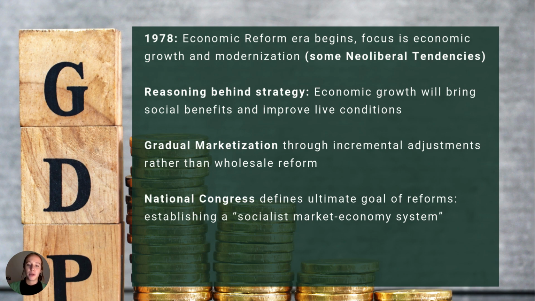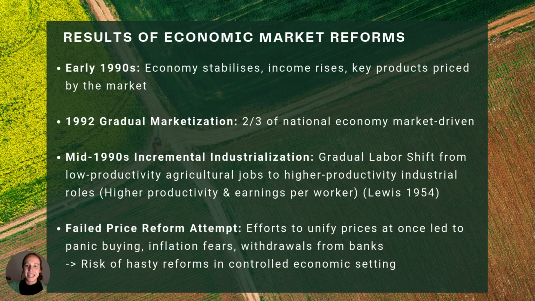Gradual adjustments were prioritized over abrupt changes to ensure stability. By the early 1990s, two-thirds of China's economy was market-driven, income rose, and labor shifted from agricultural to higher productivity industrial sectors. Rapid reforms in an effort to unify prices caused inflation and instability. China drew from that the lesson that there is a high risk of hasty reforms and thus preferred slow, gradual,